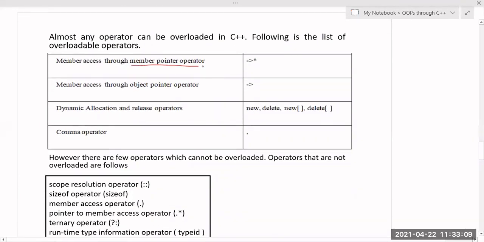member access through member pointer. So how can you access these pointer variables? By using this arrow, okay? Member access through member pointer operator, and then I will use this star. So asterisk, arrow star, and normal member access through object pointer operator is nothing but this one,